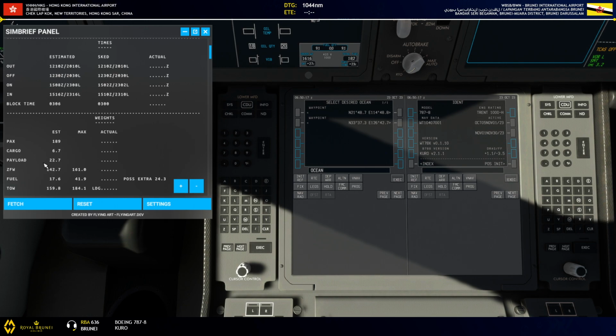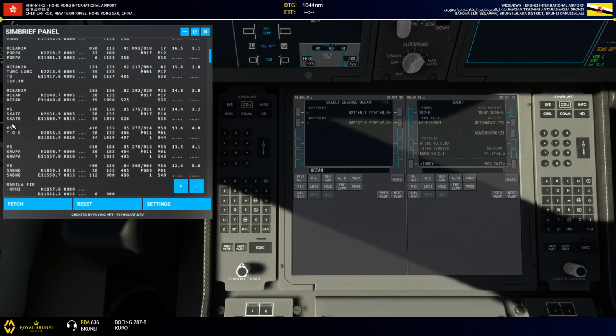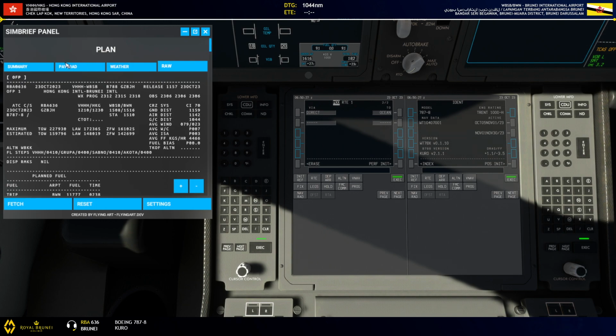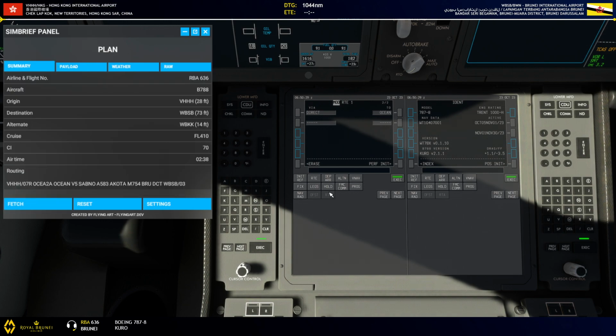Just check the routing right. Alright, so ocean is going to be north 21. Then ocean, Victor 5 via Victor 5 to